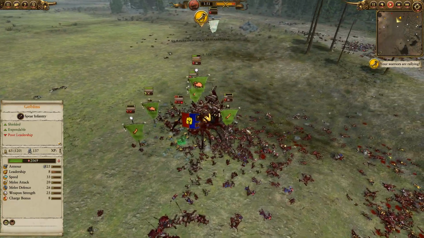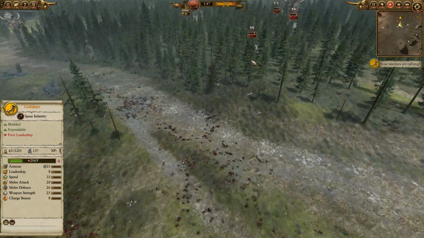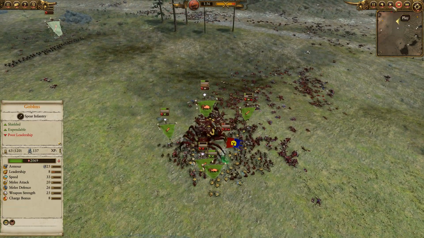Unfortunately, the Fey Enchantress, not sure what happened to her. Either she got routed off or dragged down as well. Looks like potentially routed off, I'm not sure. But anyway, at this point, it's just the Green Knight fighting this giant horde of Greenskins, so we'll fast forward a little bit